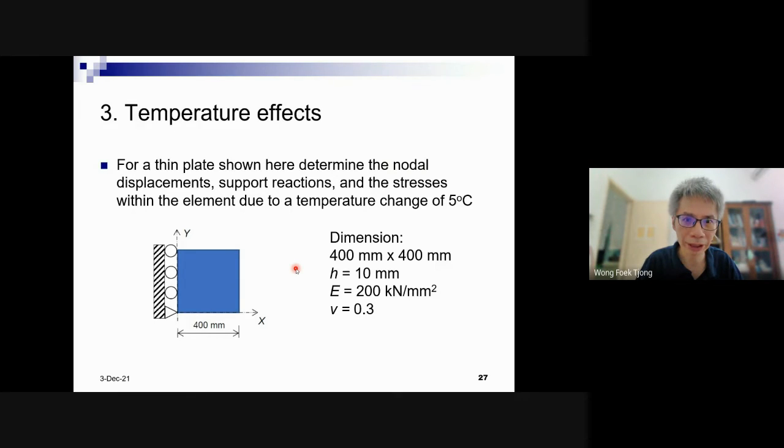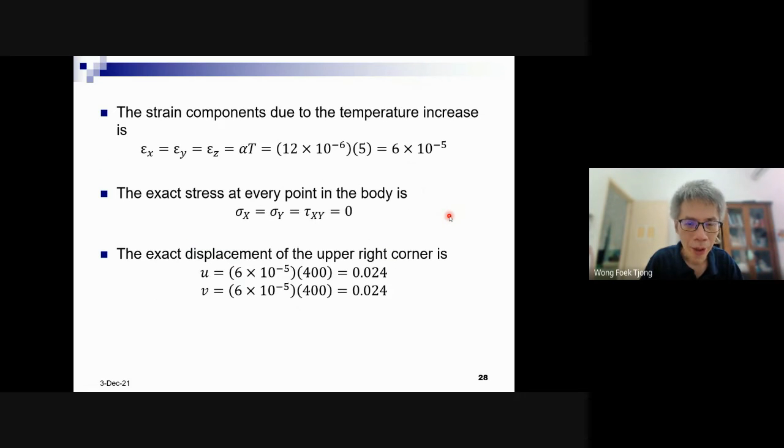So now let's test our finite element. How about the effect of temperature change? For example, the same body, exactly the same, without loads, just a temperature change of 5 degrees. Let's say initially 20 degrees to become, after deformation, 25 degrees. So the change is 5 degrees, okay? So this is not absolute temperature, but the temperature change, the delta T, okay? Can we calculate exactly without finite element? Yes, we know from